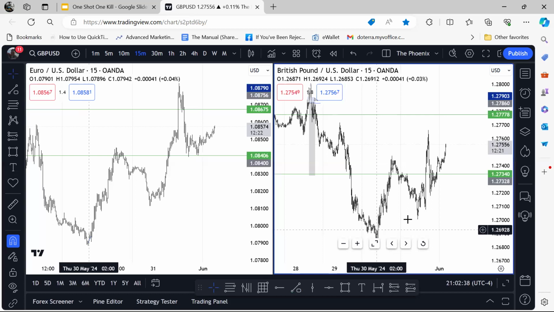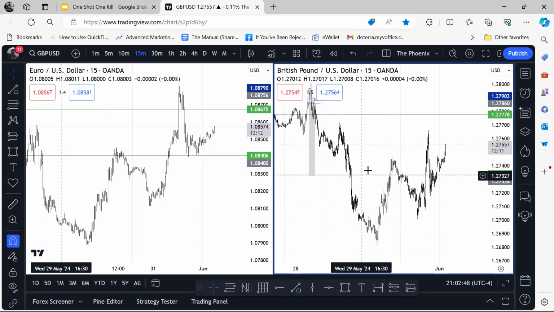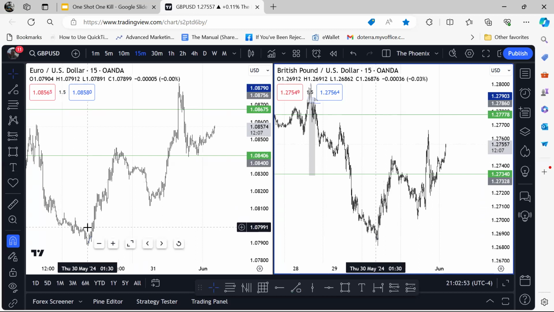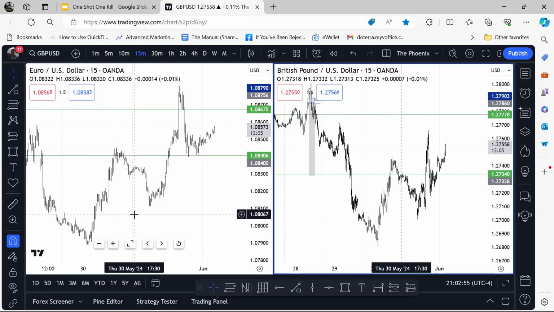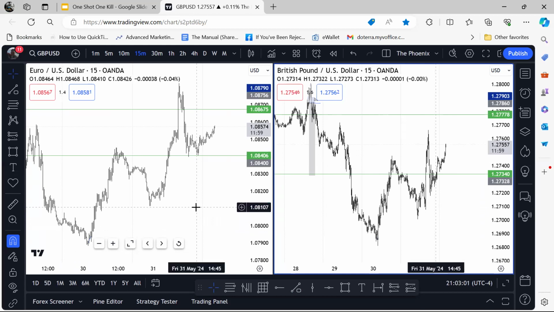In this case, it was different. It took the low. A lot of times, we would think that the one that created the stop hunt would be the one to move the most, but you'll be learning today that that is not necessarily the case. The one that fails to take the low or the high and fails to give you that turtle soup or that stop hunt is the one that will move the furthest. All right.